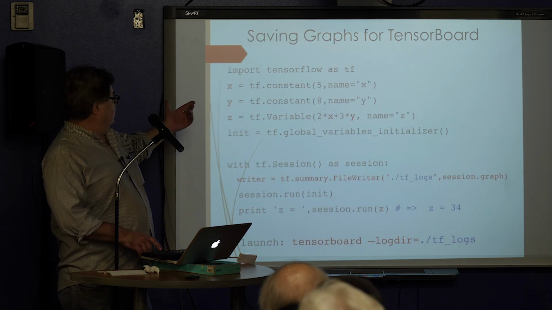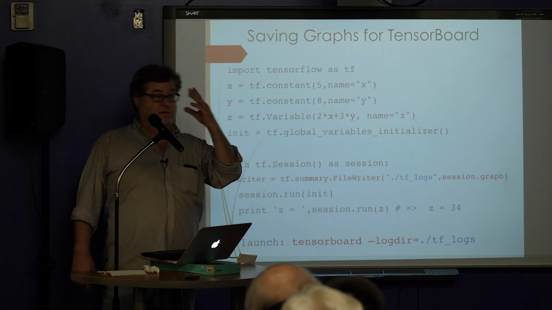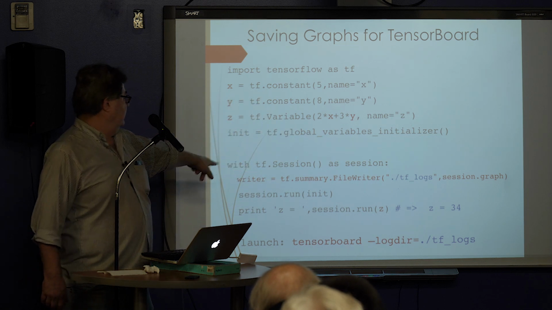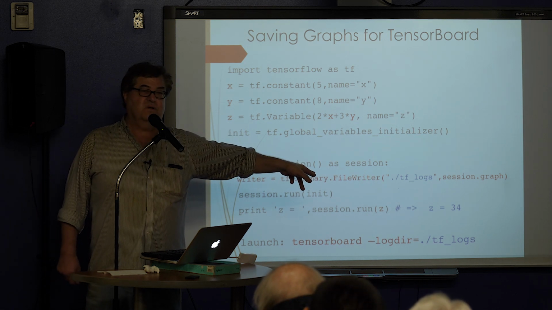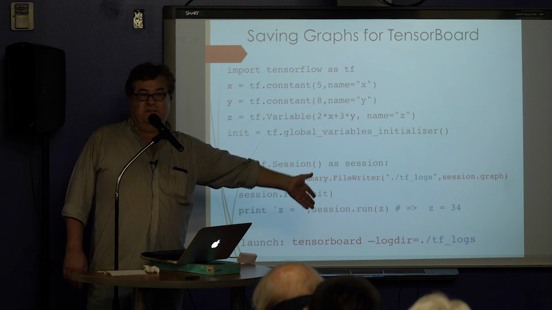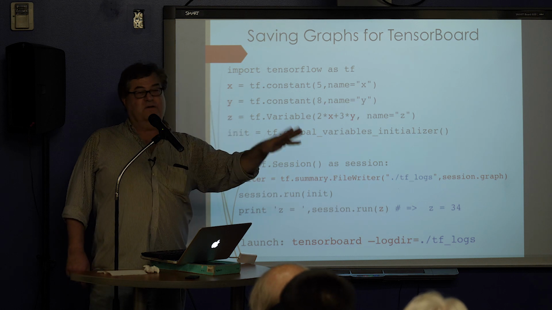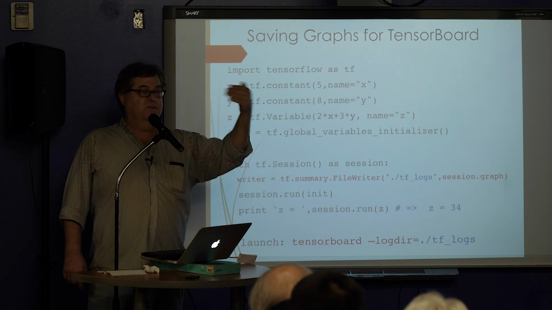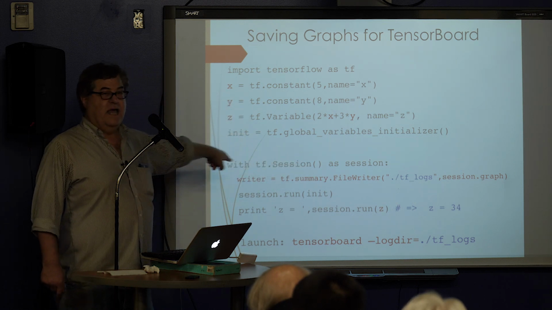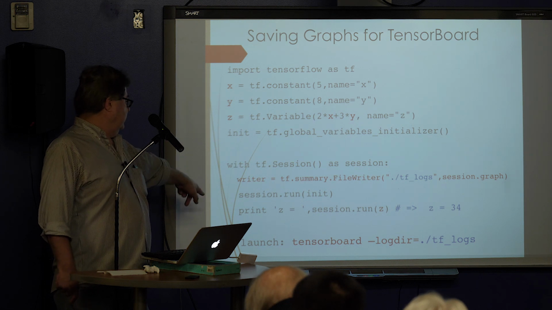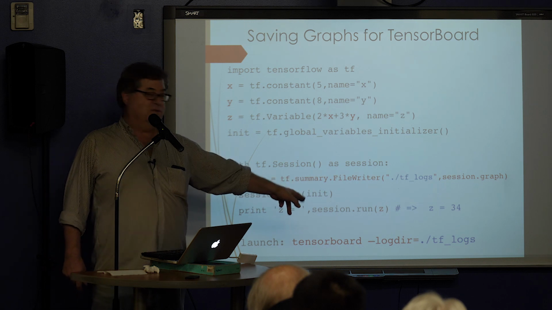So now, this is an example of saving the graph. And you can invoke these APIs that are available. See here we have writer as the summary. That's the syntax: tf.summary.FileWriter, tf_logs, just a directory. It creates it if it doesn't exist. It can be wherever you want. And then session.graph. So the contents of the graph are stored in a file that TensorFlow creates and puts in the directory that you specify. And then later, here we launch it with this syntax, tensorboard, two dashes actually, logdir,